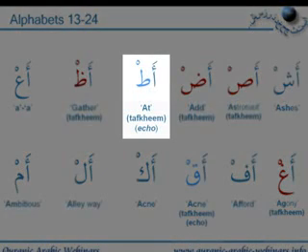The next two again are the tafkhim letters. So we have the ta, and with the sakin this will behave as a qalqala letter, i.e. it's echo as well. So this will be at, and again in English the closest you've got is at, but this is a thick version